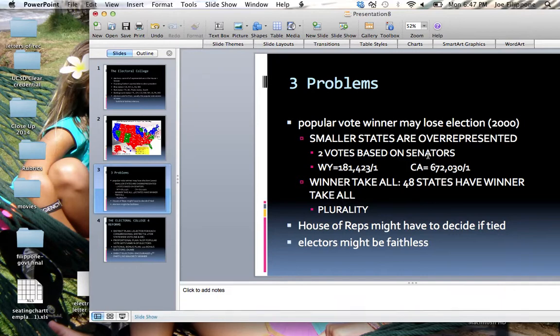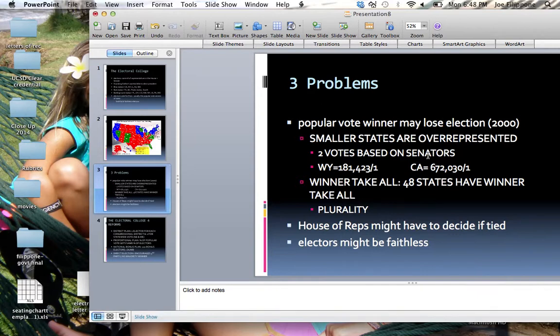Now, Florida was a congressional district state, used the congressional district method. Al Gore would have got 8 electoral votes, which actually would have propelled him into the presidency. But they have a winner-take-all system, and that's where all the problems were in the 2000 election.